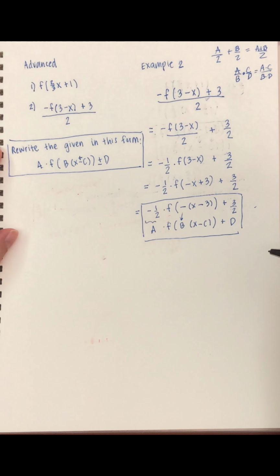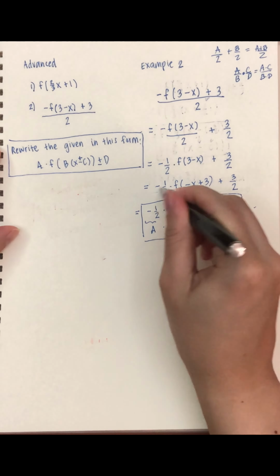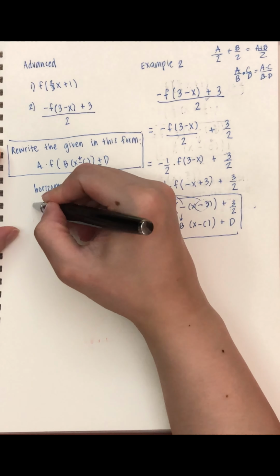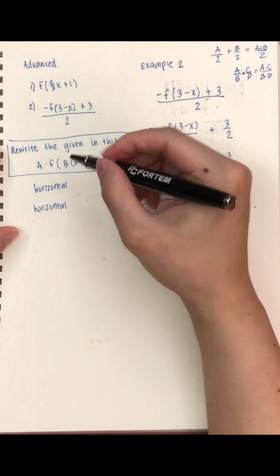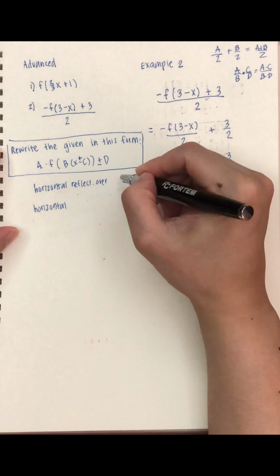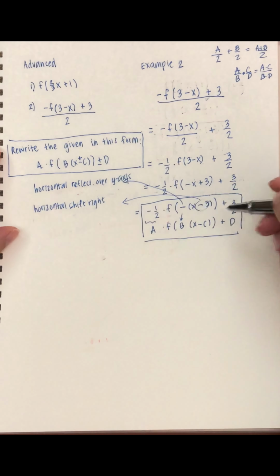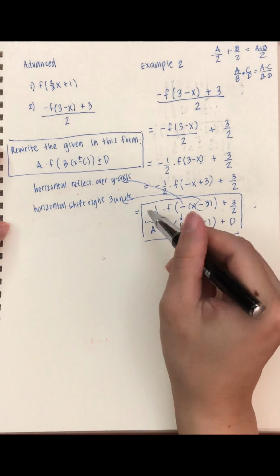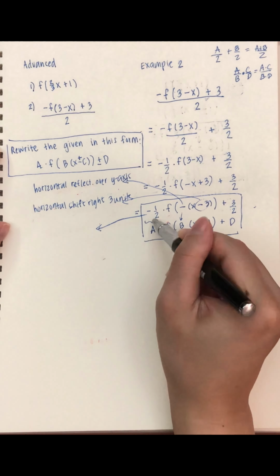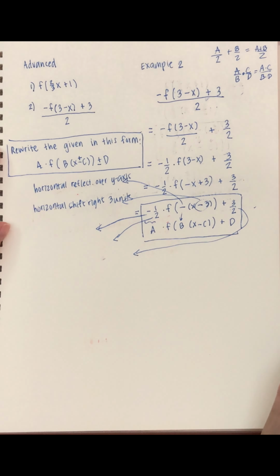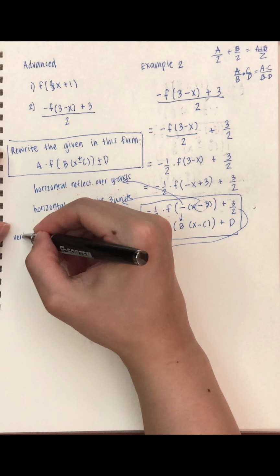That's the rewrite. We have 1, 2, 3, 4, 5 transformations. The ones inside, this negative sign and the -3, are both horizontal transformations. The minus sign is a horizontal reflection over the y-axis. And the -3 is a horizontal shift right 3 units. This negative is its own transformation. The 1/2 is its own transformation, and the plus 3/2 is the fifth transformation. They are all vertical